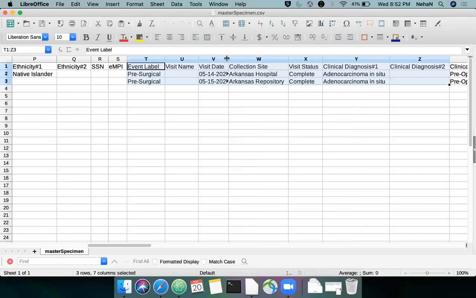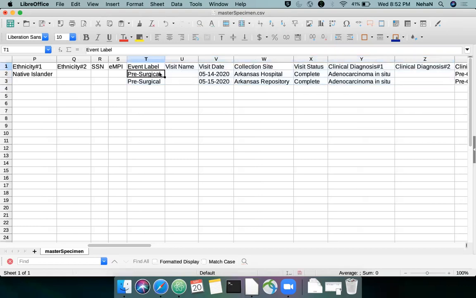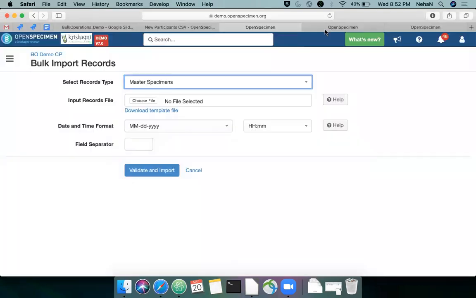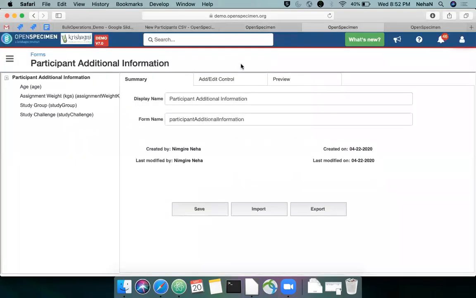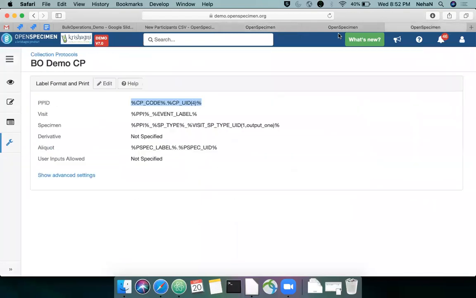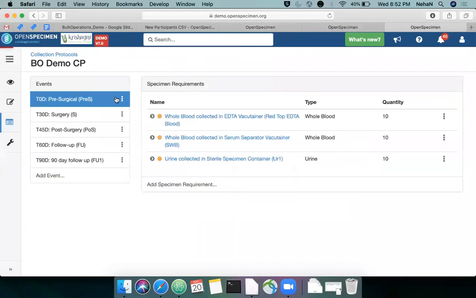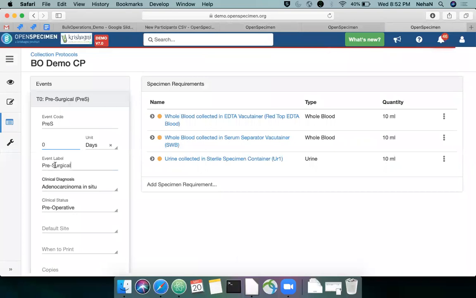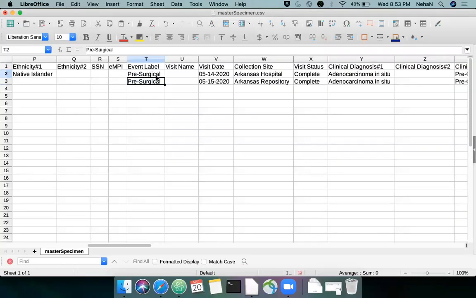So the visit, so this is the event label. Let me just take you to the CP setup. By event label, I mean these. So when I click on this, yeah, this is my event label, which is added in the file over here.